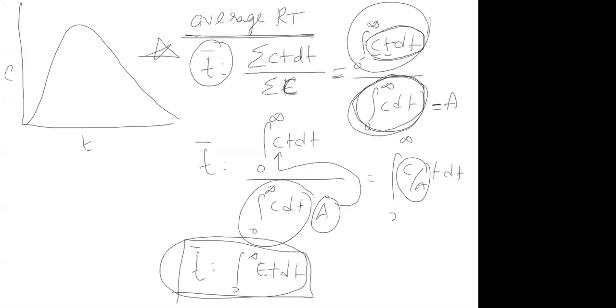So I'm getting multiple doubts. Why is the E curve generated? Because this is to solve for T bar. T bar is easy, and the E curve is easy to understand because it normalizes the number of particles. Suppose in the C curve, it tells you 50 particles, 60 particles, then you need to tell out of 100 particles, 50 particles have come. So the E curve eliminates the concept of total number of particles. It tells you how much fraction, let's say 30% has come like this, 30% like this. So this is normalization.